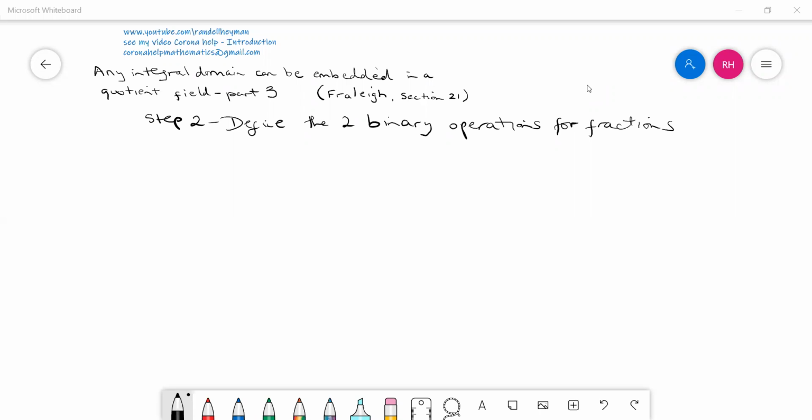Okay, we're clocking through the different steps in showing that any integral domain can be embedded in a quotient field. This is part 3, and this video involves step 2, where we define the two binary operations for fractions. So you can see here, this field that we're developing, we can consider a specific case as fractions. I'm tending to make this concrete by referring to the integral domain as integers and the quotient field as fractions. So where we've got to is we've got a set S that consists of